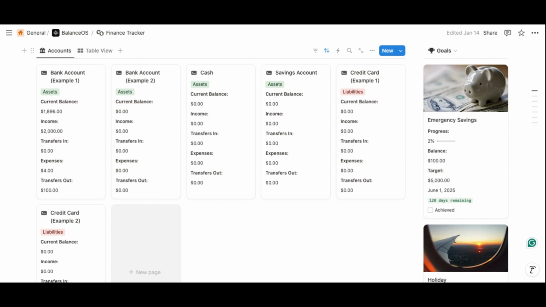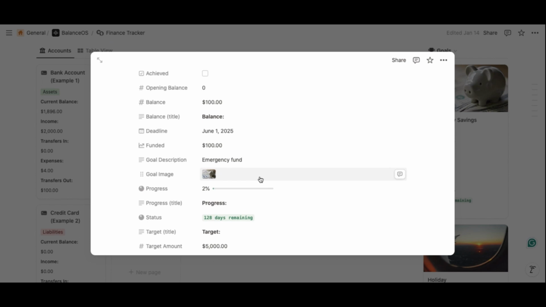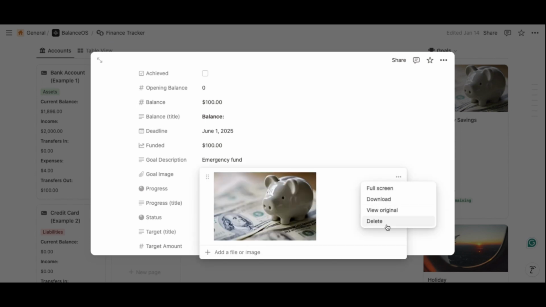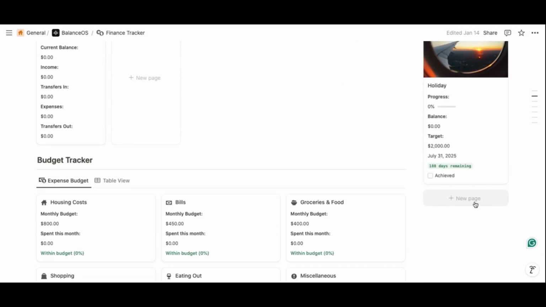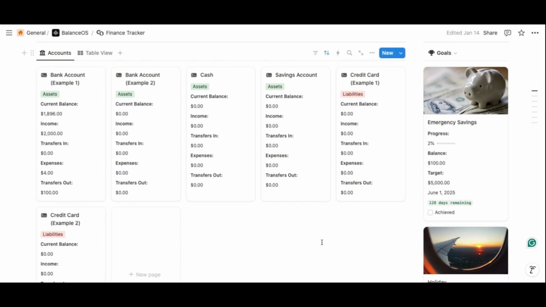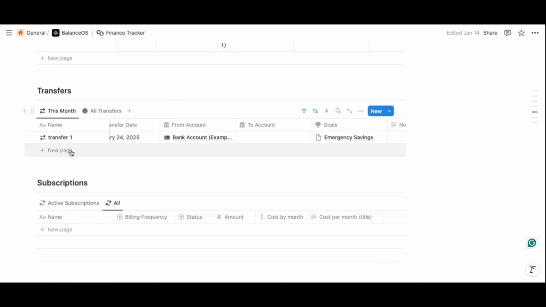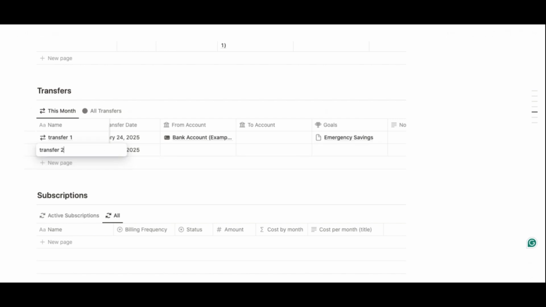To edit an existing goal, open the goal, change its name, deadline, opening balance, and target amount. And you can change the image by deleting the existing one and uploading a new one. To add new goals, click New Page, enter the goal's name, deadline, opening balance, and target amount, and then upload an image. And now when funds are transferred towards a goal using the Transfers section, the goal balance will update